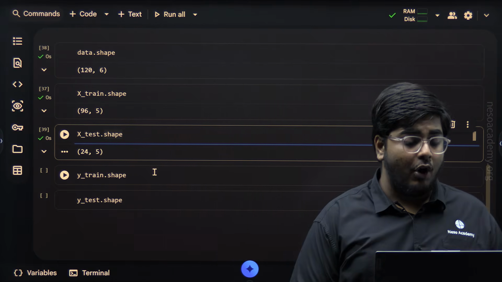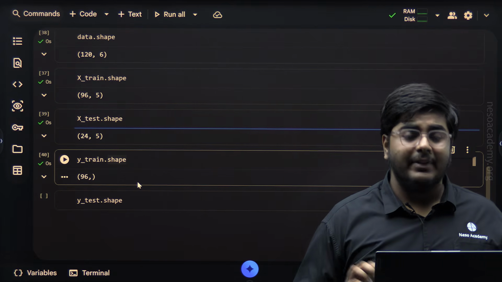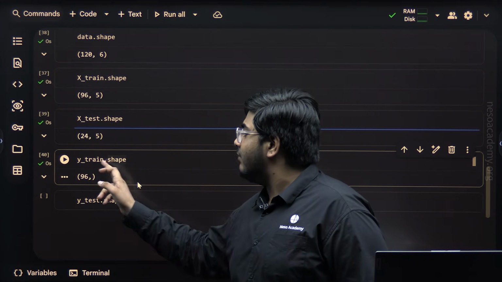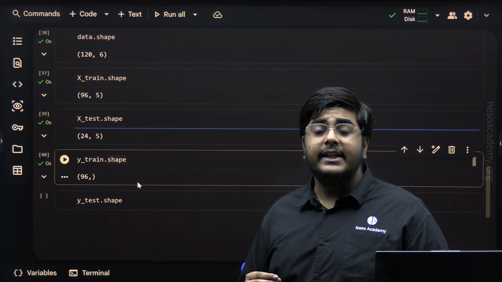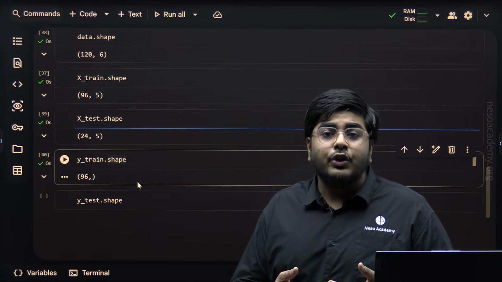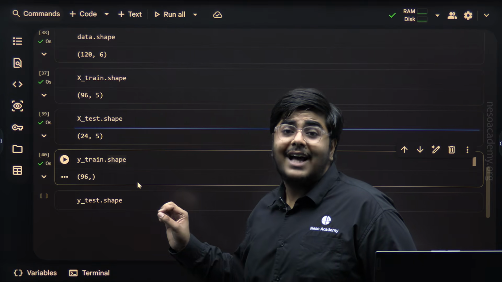Now let's check the shape of ytrain and ytest. When I execute this cell, I am getting 96, which means there are a total of 96 entries in ytrain, which is basically the training label. Since there is only one column, the output column or target variable, it is not specified here as 1.